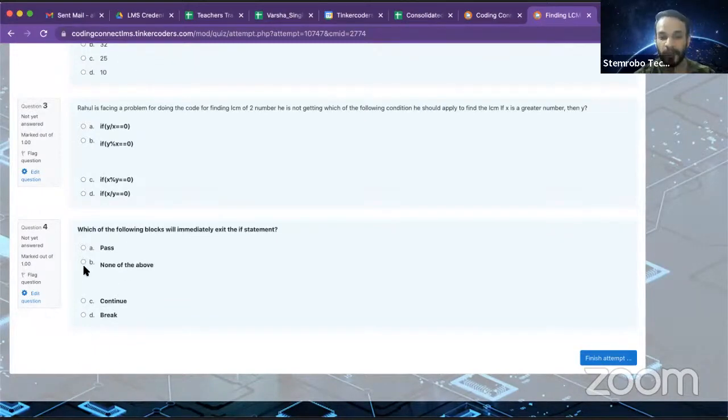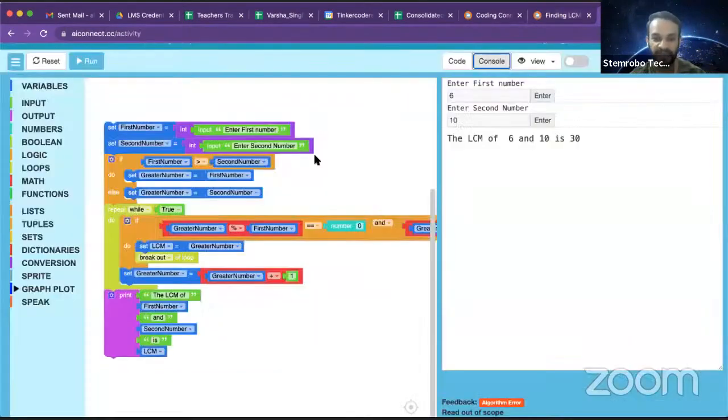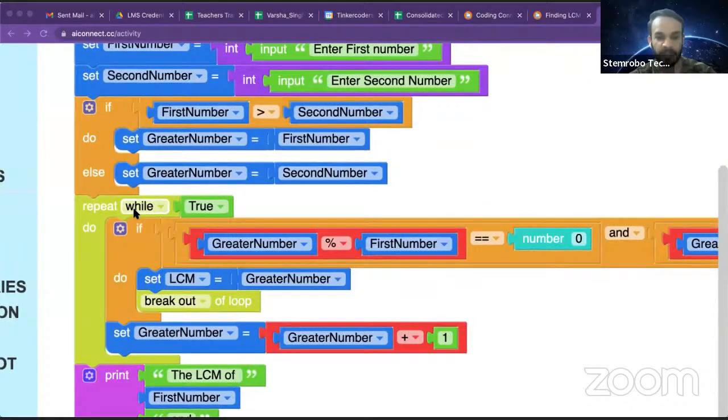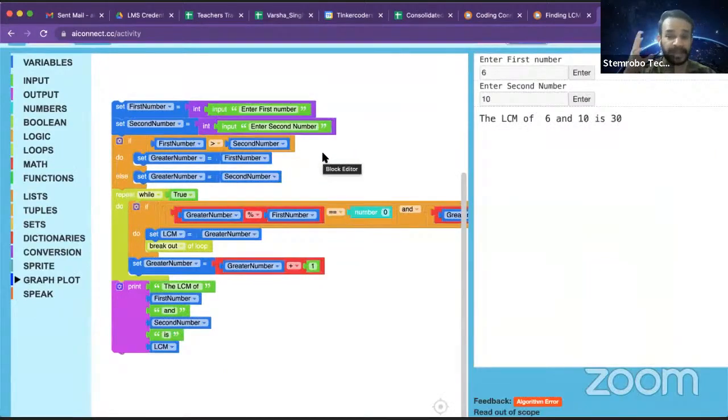That is, which one of the options available over here will make you come out of the loop. Here, we are going for an infinite loop, as shown in the code. That is repeat while. As you can see over here, repeat while. So it's an infinite loop, and this loop will keep continuing infinitely until you stop it. So we have to use certain extra commands to stop it.